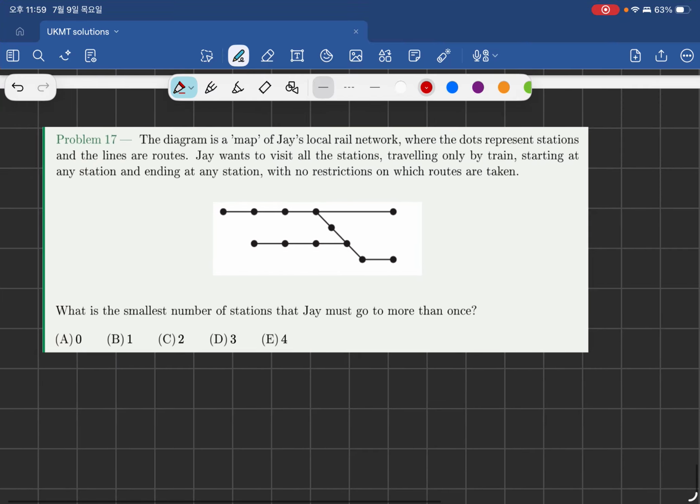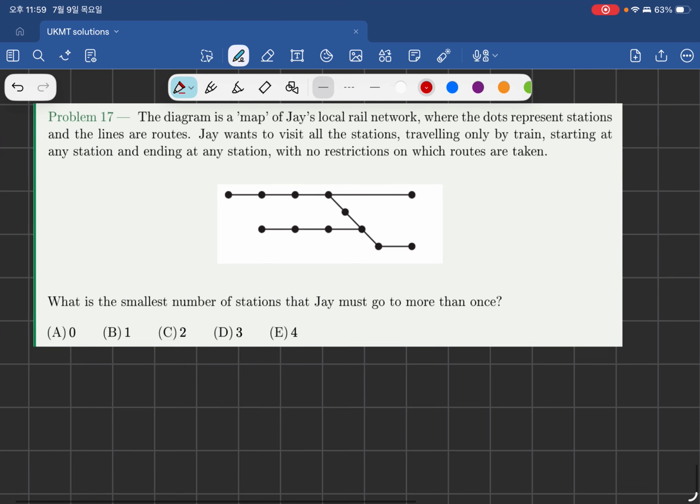Problem 17. The diagram is a map of J's local rail network where the dots represent stations and the lines are routes. J wants to visit all the stations, traveling only by train, starting at any station and ending at any station, with no restrictions on which routes are taken. Now,